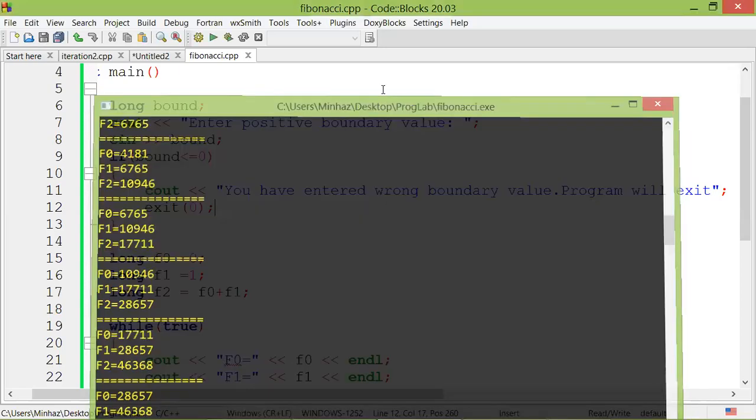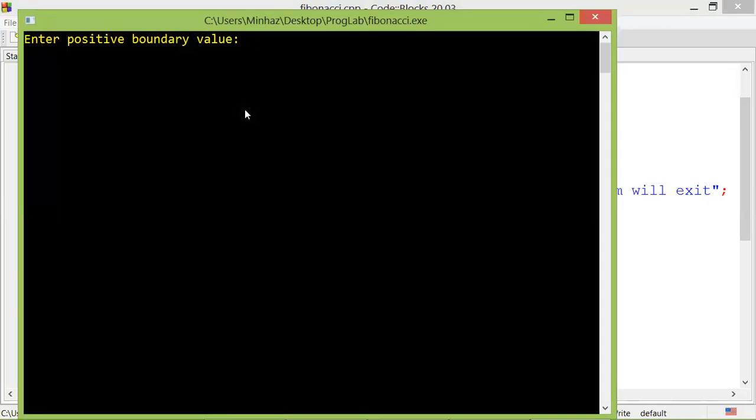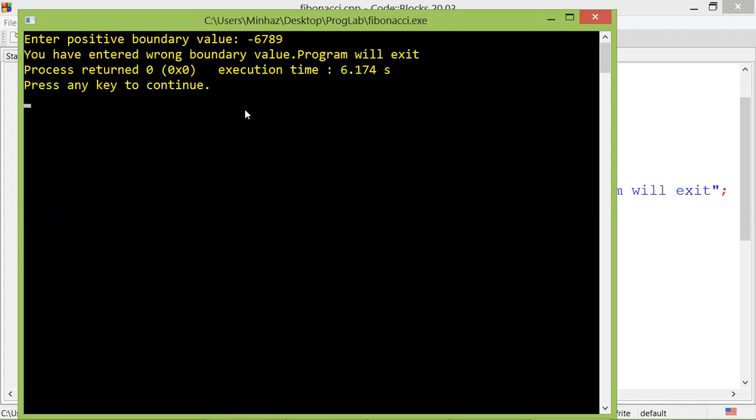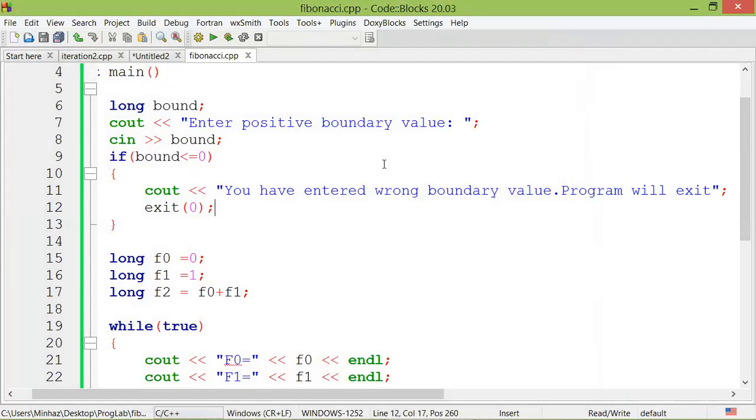That's fine. But if we place a negative boundary value, it is not a valid boundary, and it says you have entered wrong boundary value, program will exit. The program will not calculate the Fibonacci numbers, because there is no provision for the program to calculate. So in this way, we can control the input given by the user. If it is wrong, then we can stop the program, because otherwise it will be a mess. And okay, I hope if you have any questions related to this